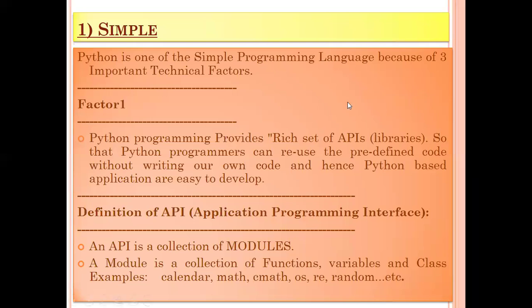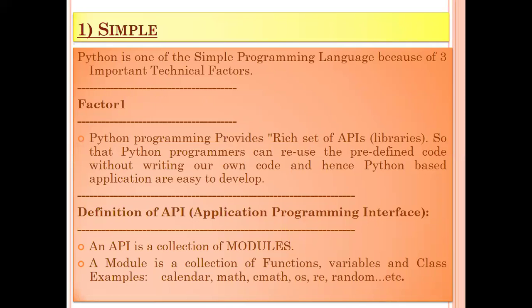How can we say that Python is a simple language? It is one of the simple programming languages because of three key technical factors. First, it provides a rich set of APIs. The full form of API is Application Programming Interface.